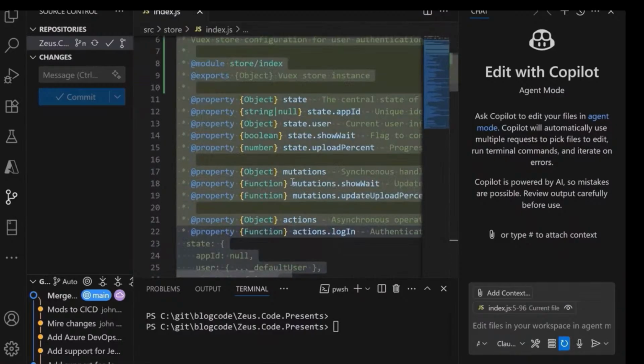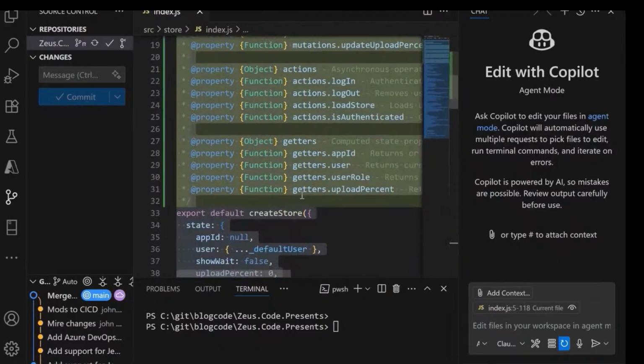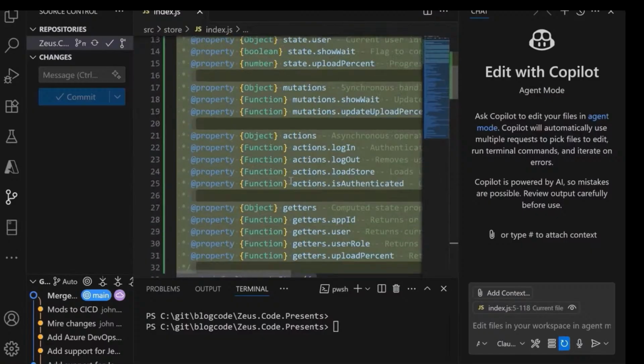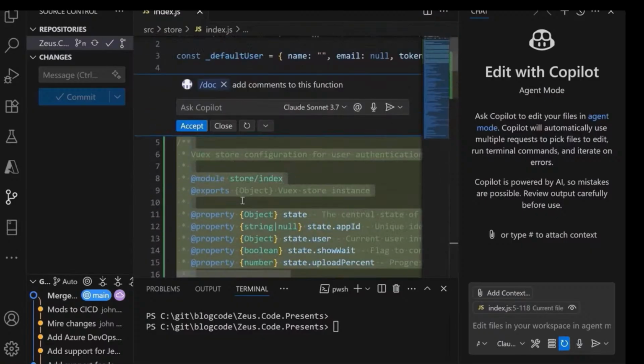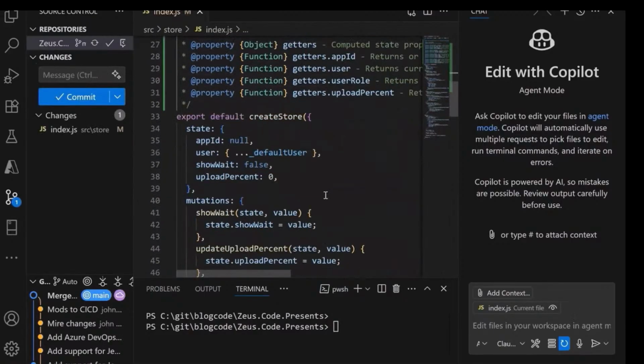And you can see that it's generated a pretty hefty set of header comments for that actual code, which is good. We can accept that. Now we have those functions. And we can also say, in the chat window, do something similar, saying create